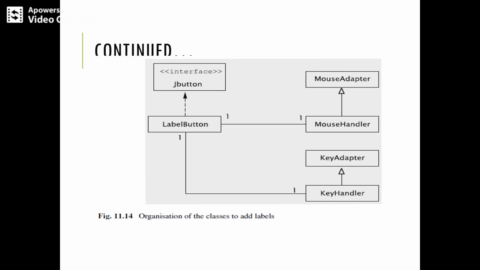Another thing we are going to discuss now is the commands to create labels, that is, the organization of the classes to add labels. Similarly, circles and lines all require mouse listener events, or MouseListener interfaces. Since the behavior of the mouse listener is independent of the command, we know from the previous example that the truly object-oriented design warrants a separate class for capturing the mouse click for each command.